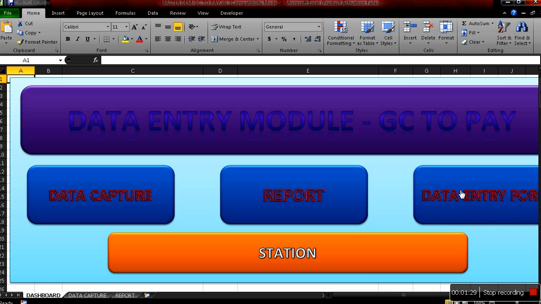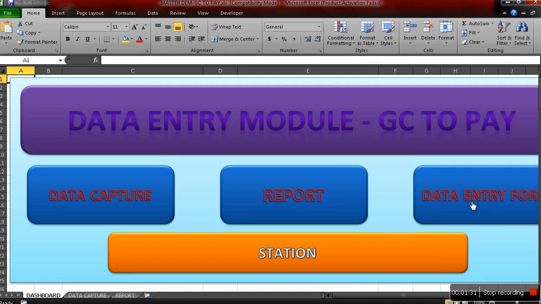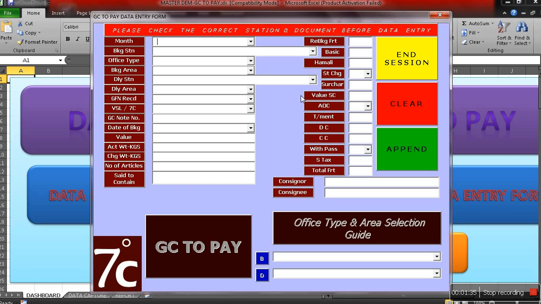By clicking on the data entry form, it will open up. We click this and see the data entry form is opened up, and if you see here, it is GC2Pay. So whenever you open any module and click on the data entry form, see that the correct module is opened. If you are entering GC2Pay, please see that the GC2Pay is coming up here on the screen in the